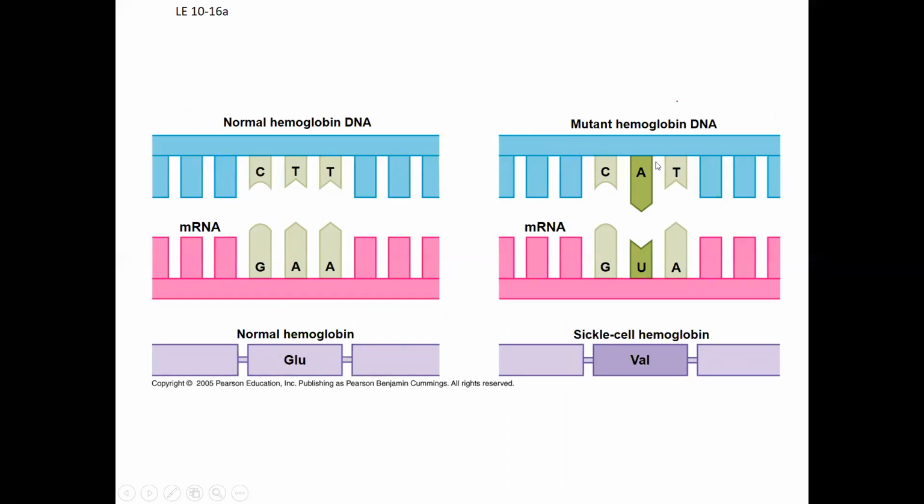Well, it's a variation. Almost mutant has such a negative connotation that I kind of hate to call it that, because sickle cell anemia has a survival advantage, or at least historically has had a survival advantage, for areas with high malaria, and it gives resistance to malaria. It brings with it other health issues and problems that occur, especially as a person gets older, with increased chance of heart attack and stroke